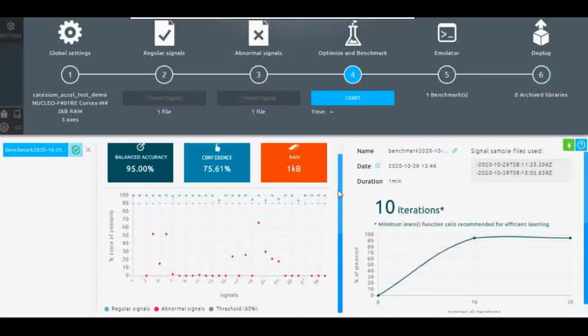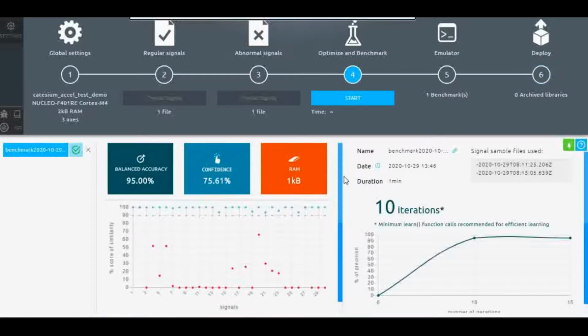Yeah, it is done now, 10 iterations, and it is done. Now it can directly give us the files required for deployment, and one benchmarking is done.